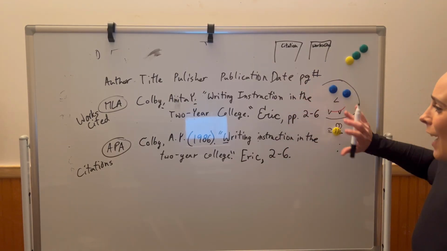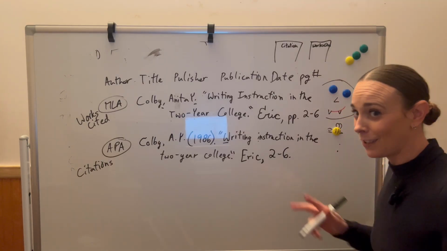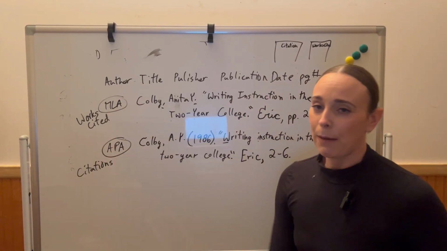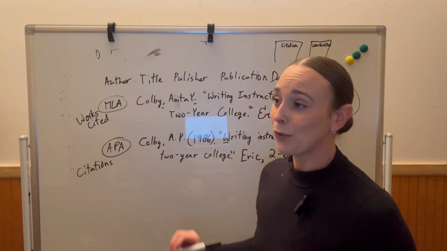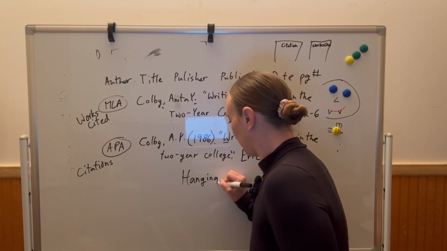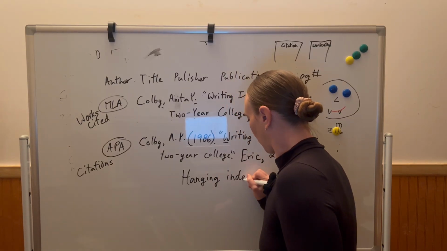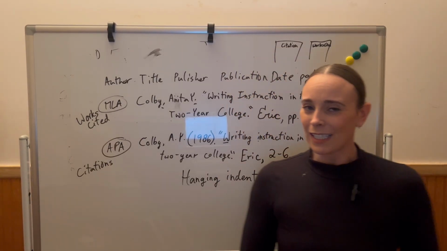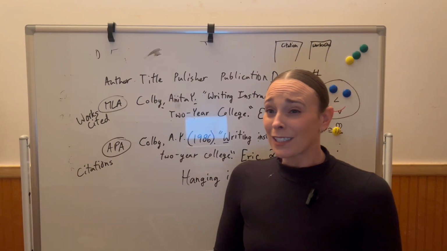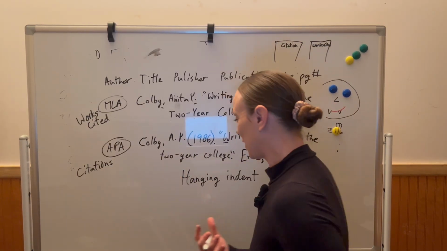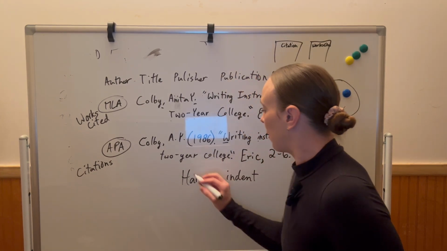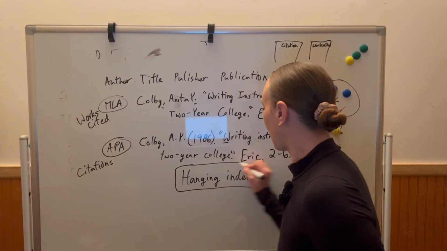So just by looking at these minor differences, we can see that there is a difference between the MLA and the APA. Either way though, they do use what's called a hanging indent. Again, it's one of those things I'm not going to show you how to do on a computer, primarily because there's literally 6 different ways of getting to it. It also really depends on which program you're using. But the key term that you're looking for is hanging indent.